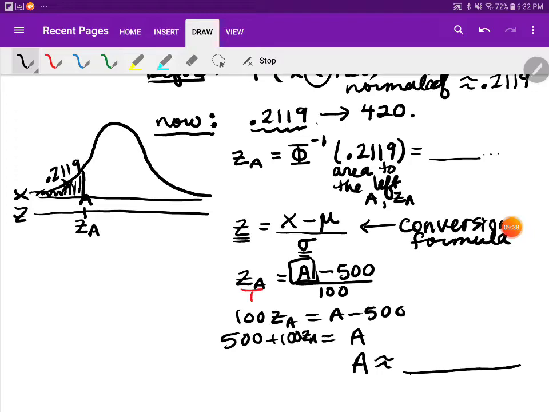Now what we have to do is find out how to do this in the calculator. So let me go up, and I'm going to write this in red so you can see it. How am I going to do this one in the calculator? Now this one, there's a button. It's on the distribution menu, and it's called inverse normal. Now, in the olden days, inverse normal